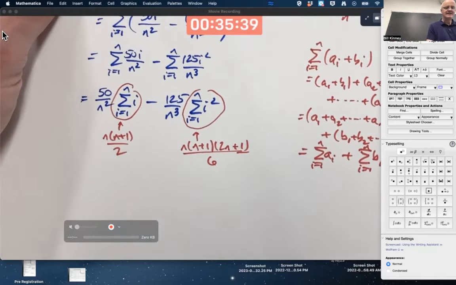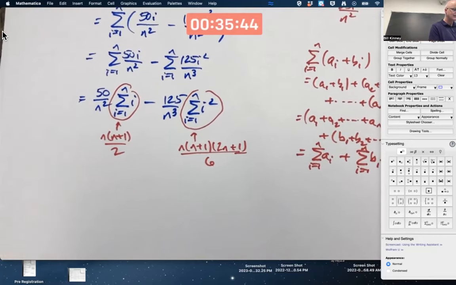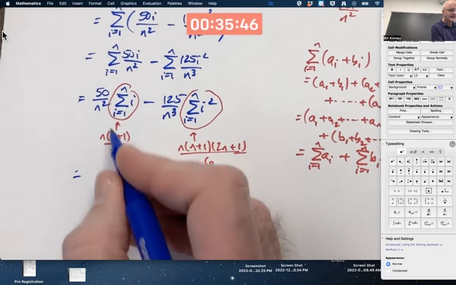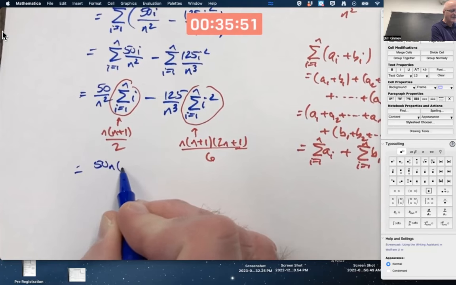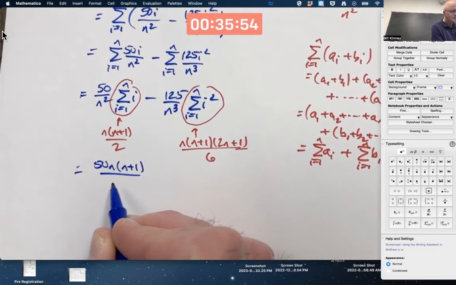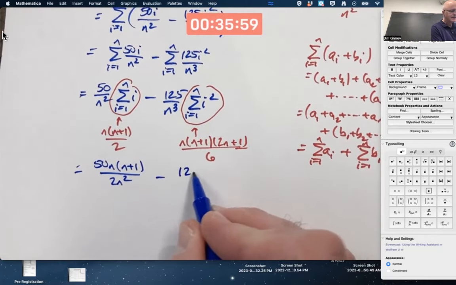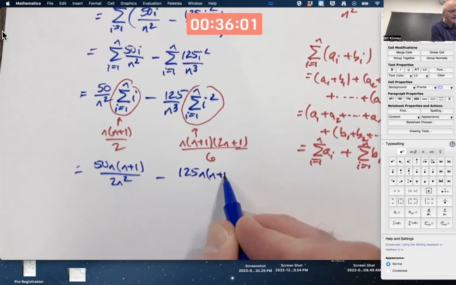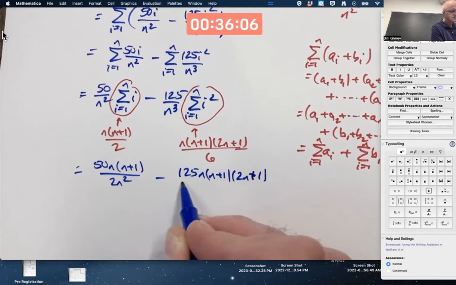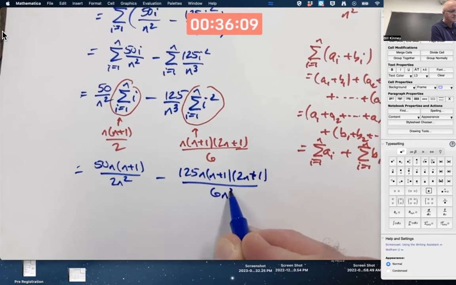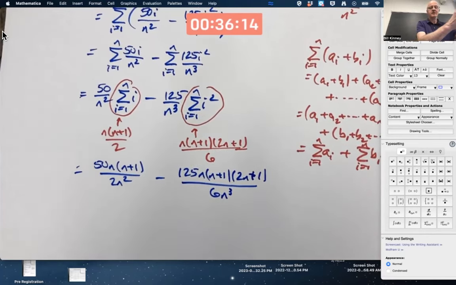And if we trust that they are right, that allows us to continue simplifying. This first thing, after I multiply by 50 over n squared, becomes 50. I'm not even going to bother multiplying out the top. I mean, I could. I think I'll just leave it like that. Same thing with the next one. I'm not even going to bother. I could expand it, but I don't really need to. Because now what I do, and I could subtract these fractions by getting a common denominator of 6n cubed, but